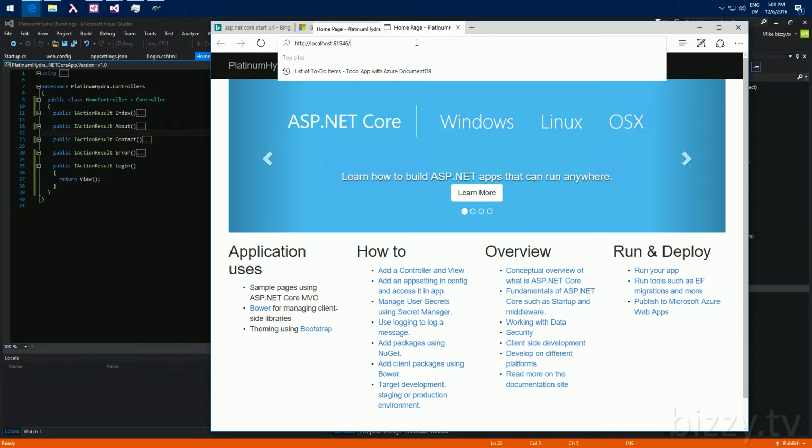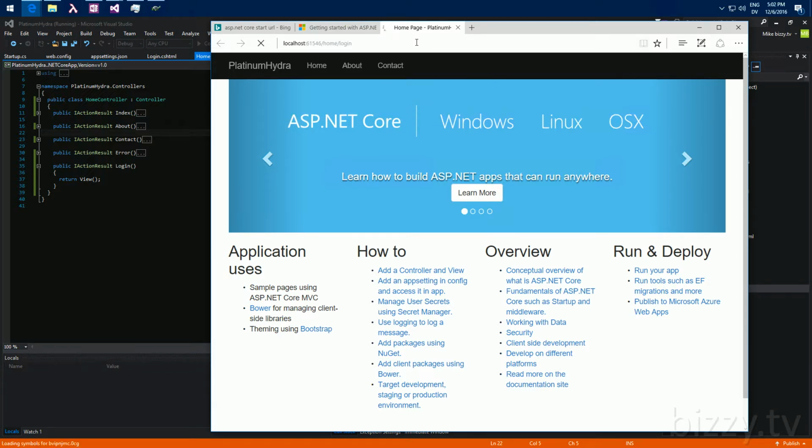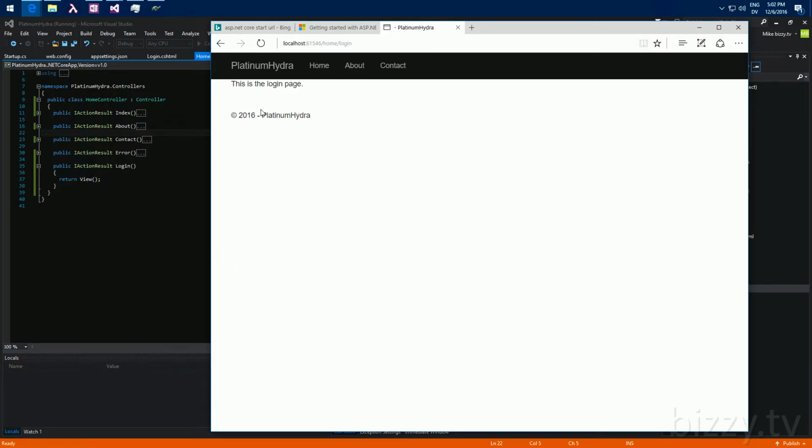Okay, so now if we go to home/login, this is the login page. So that's what we told it to display. Now I don't actually want this stuff around here. And this is being added by